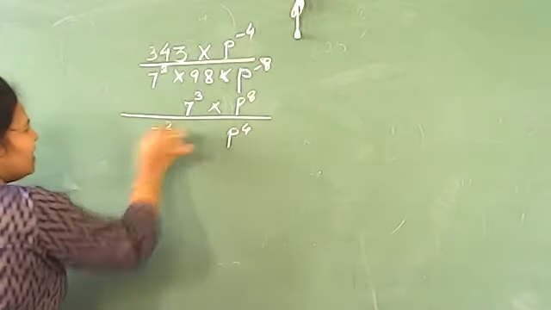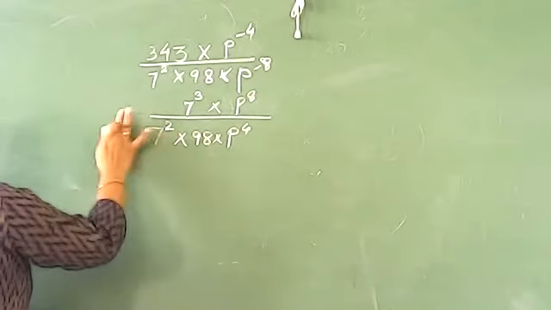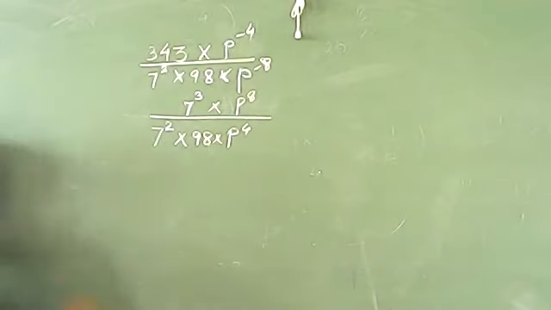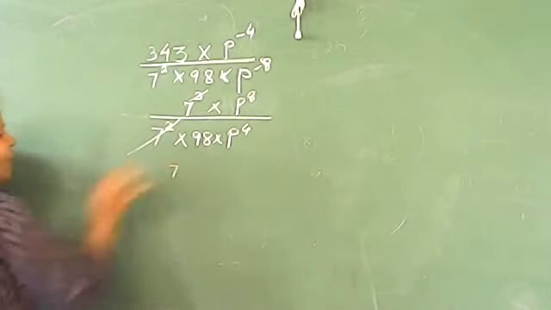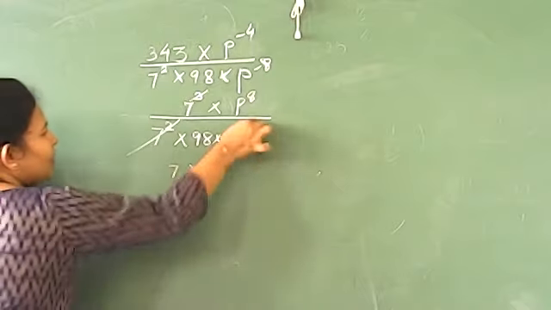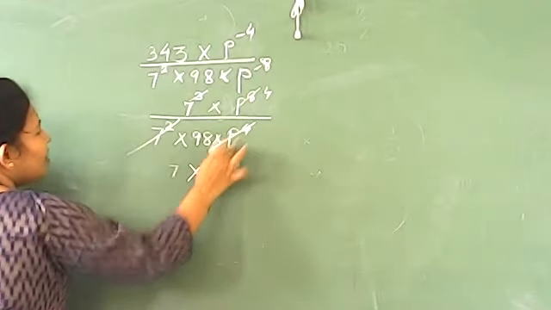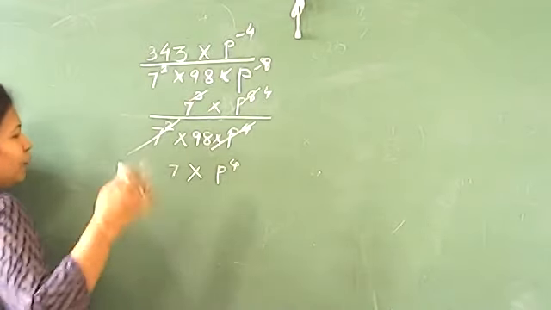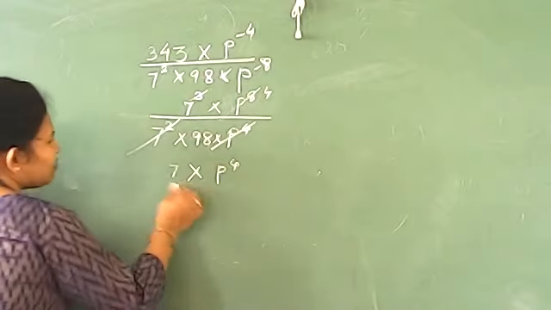7 to the power 2 is here in the denominator, and this is 98. Now, I have broken up the number in the simplest way I can. This is 7 to the power 2 and this is 7 to the power 3, so this will get cancelled and we will have only 7 left. Now, p to the power 4 and p to the power 8: here p is multiplied 4 times, p into p into p into p, and here it is multiplied 8 times. So 4 times will get cancelled, and we will have 4 times remaining.